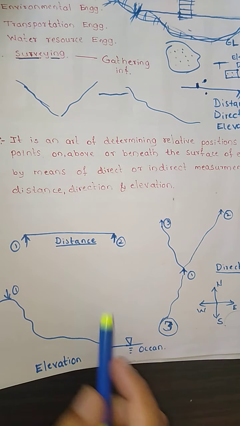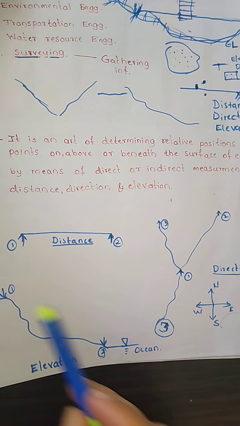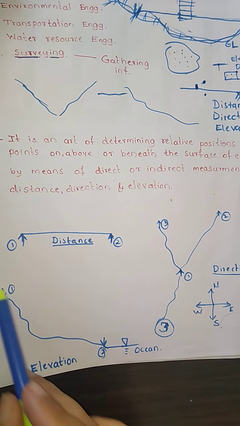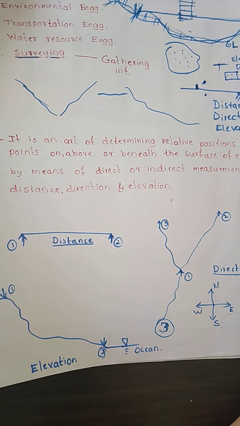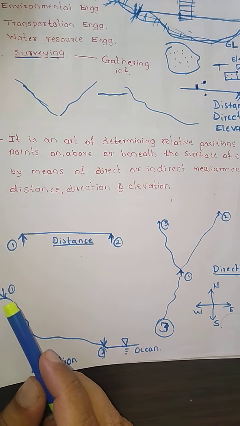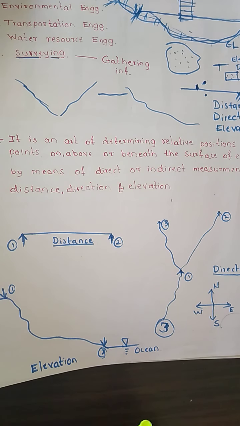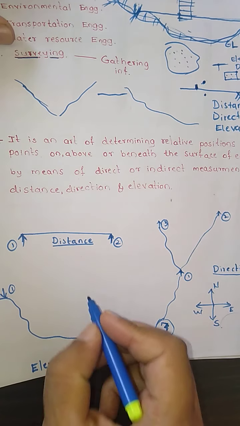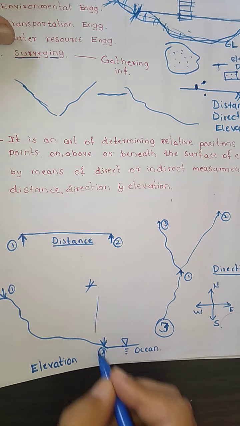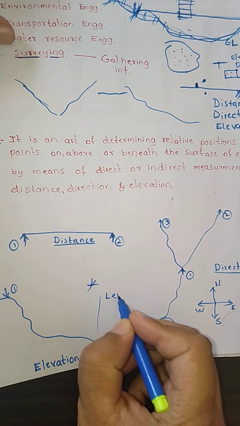Now elevation is nothing but how much is the difference between the 2 points in terms of height. How much the difference is there in between the 2 points by means of height. Location 1 is present at a higher altitude and location 2 is present at a lower altitude. Now this difference, how can we represent it? By having the leveling. This particular distance between the point 1 and 2, we can determine it by leveling.